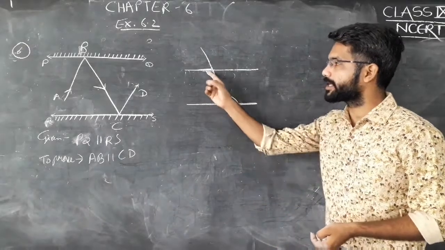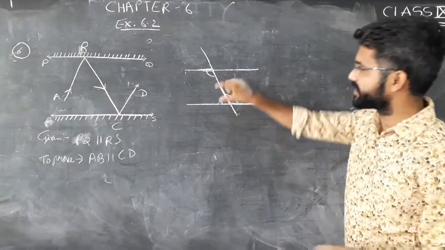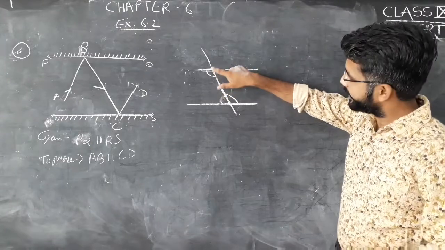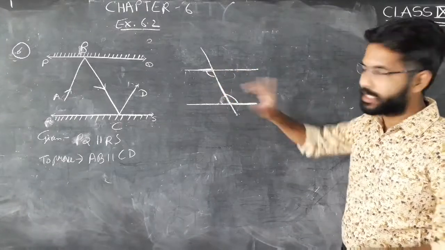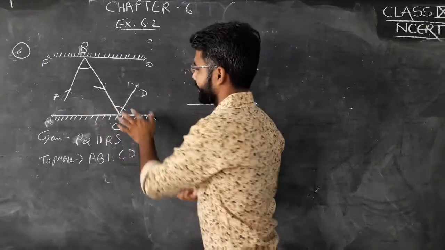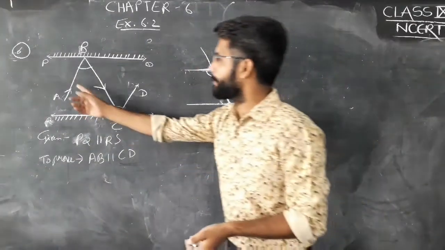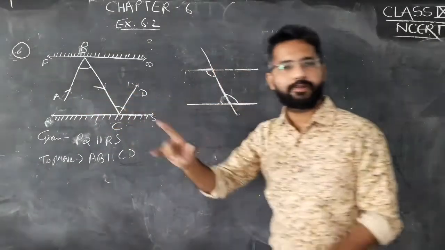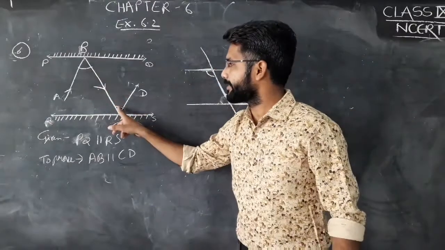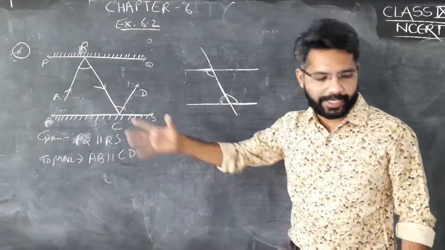ये दोनों angle equal to alternate interior angle, then we can show that these lines are also parallel है. तो दो condition हैं, या तो दोनों interior angle same side के इनका sum 180 होगा, या फिर ये दोनों angle equal होंगे। If we prove angle B and angle C equal, then we can say that AB parallel to CD। अगर B और C को हम equal show कर दें तो यहाँ Z form हो जाएगा, और angle B और angle C equal है तो AB parallel to CD हो जाएगा। That we need to prove।